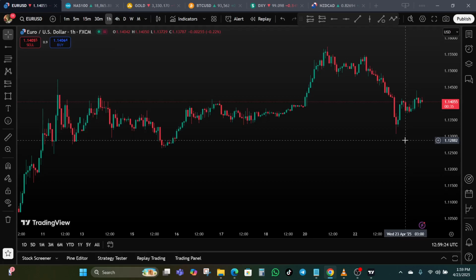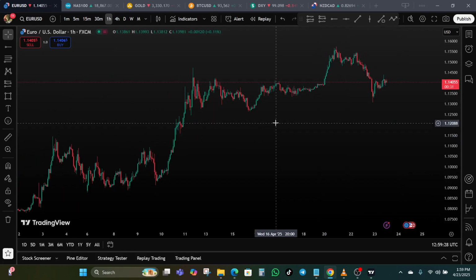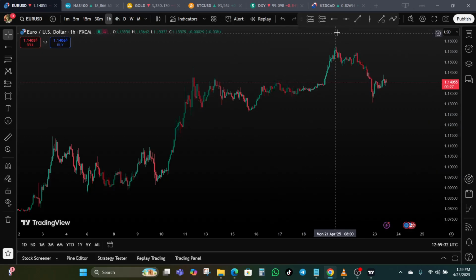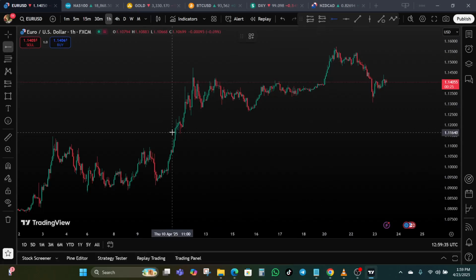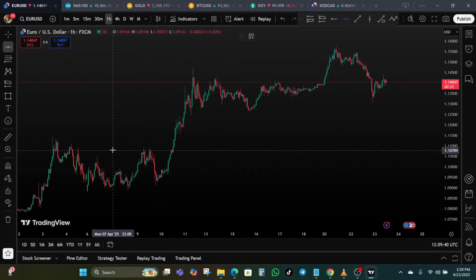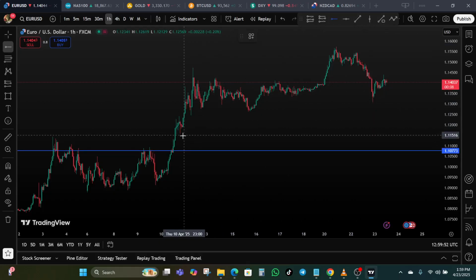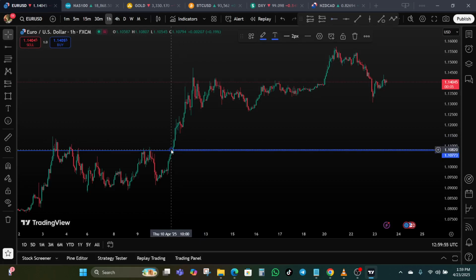Here's the catch. The deeper you go, the bigger your position size becomes and the faster your account can blow up. For example, let's say you entered a sell trade around here because there is a resistance. Let us be practical with the strategy. Because you had a resistance around here, you assumed that price was going to reverse, and as a result of that, you decided to sell.